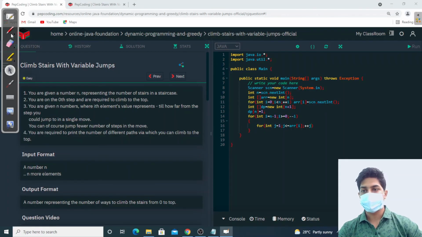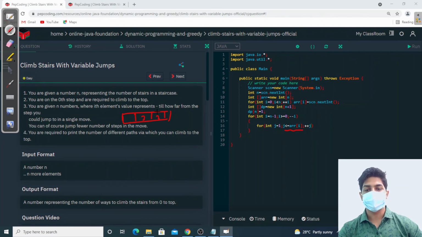So what are we doing here in this particular loop? Since at each stair we are given a number, and at each stair some different number of jumps are allowed, here 3, here 2, so we don't know that value, so we are using array of i.